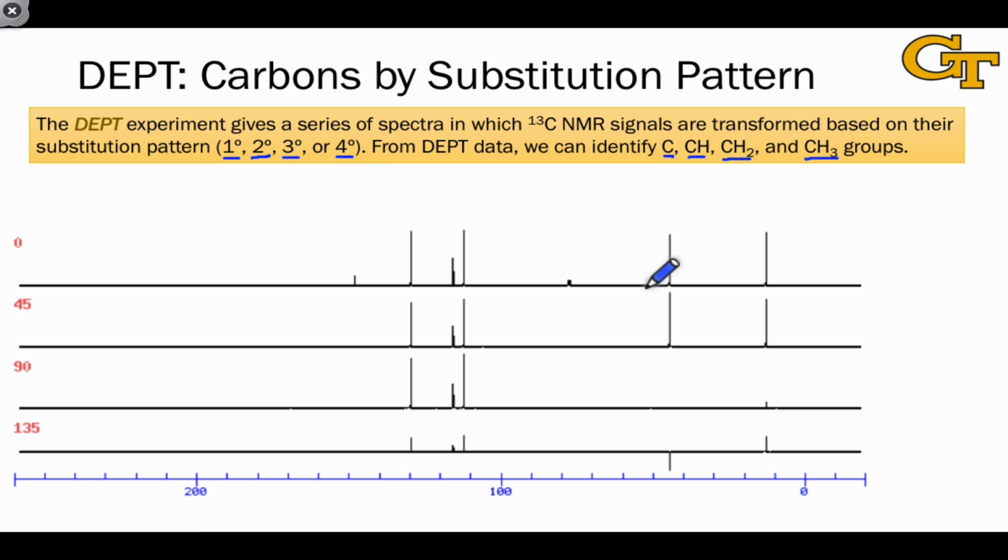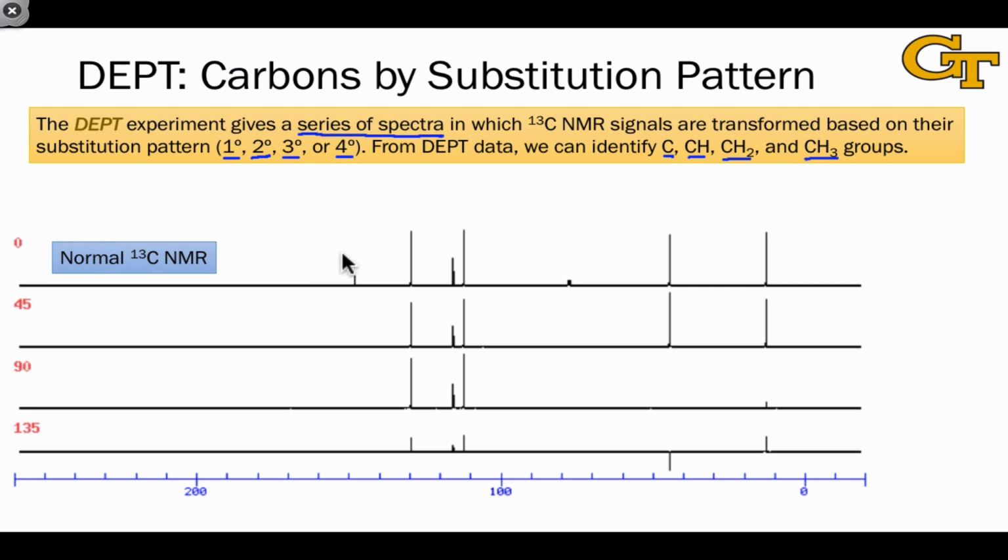What the DEPT experiment does is give us a series of spectra. So there are multiple carbon-13 NMR spectra in a DEPT experiment in which the different carbon-13 signals are transformed in accordance with the number of hydrogens that they have attached. The numbers here we can understand as an excitation angle for the hydrogens. And so this is 0 degrees, 45 degrees, 90 degrees, and 135 degrees, and different things happen depending on the excitation angle. The 0 degree, quote-unquote, hydrogen pulse just corresponds to a regular carbon-13 NMR spectrum,